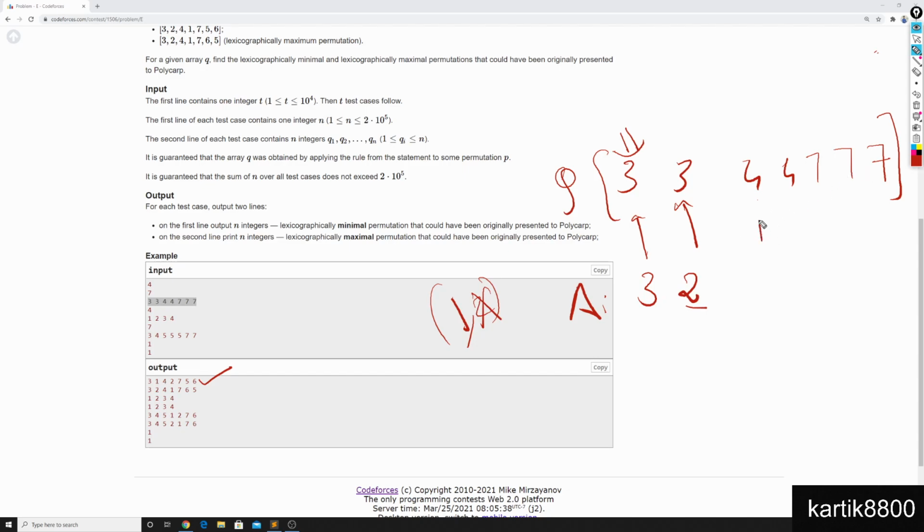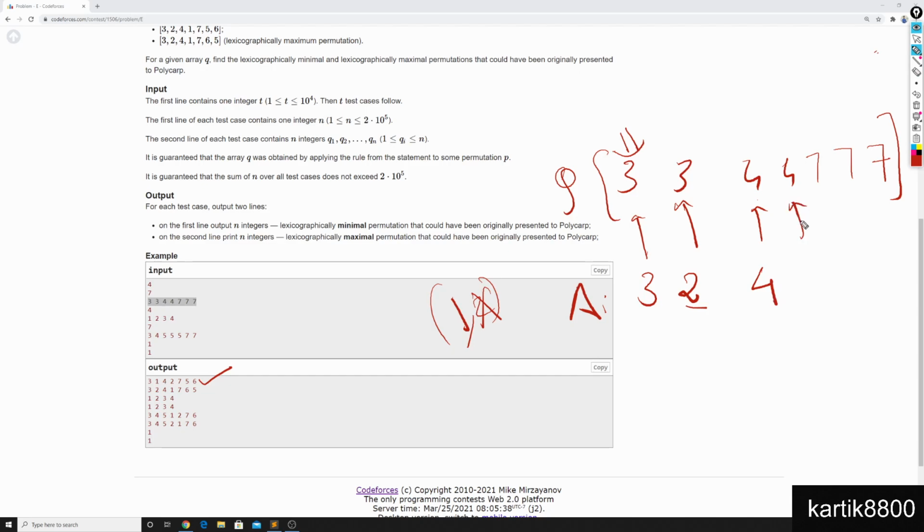Okay, let's talk about this position. This has to be a 4. Nothing else works, because if I put in something larger, we are not going to be happy, because then Q at this position should be that larger number. For example, if I put in a 5 here, Q at this position should be equal to 5, the largest among the first 3 numbers, which is not true. If I put in something smaller, let's say 1, that would not work, because then the largest among the first 3 numbers would be 3, and this should be 3 at this position. So the only number that can fill this position is 4.